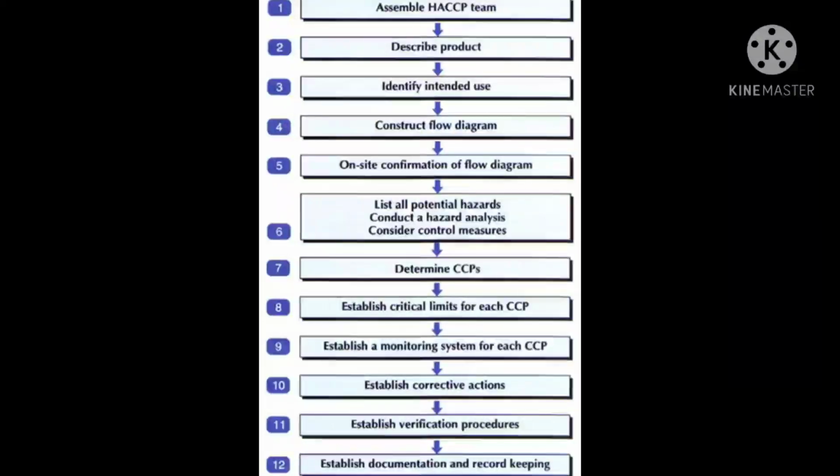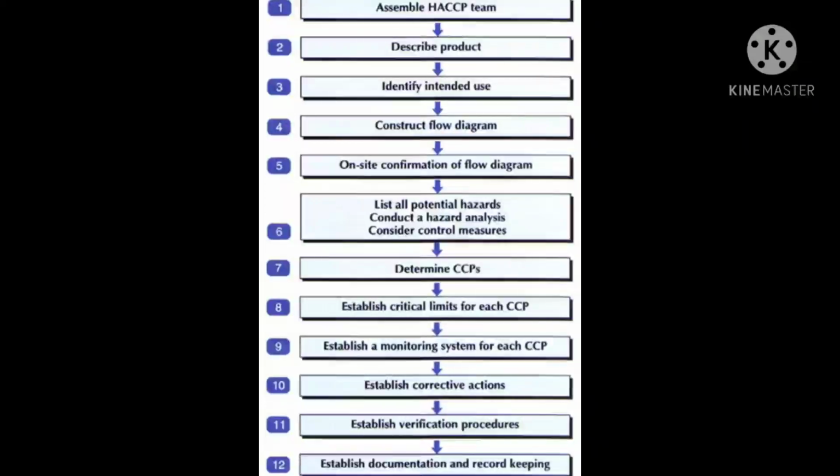A HACCP plan is a written document which is designed in accordance with the various steps to ensure control of food safety hazards within an establishment. There are 12 steps to develop each HACCP plan. These steps are: assemble the HACCP team, describe the product and identify its intended use, list product ingredients and incoming material, construct a process flow diagram and confirm its accuracy, construct a plant schematic and confirm its accuracy,